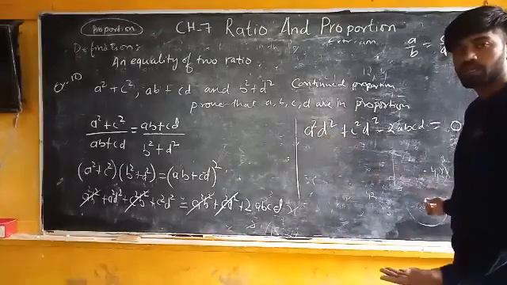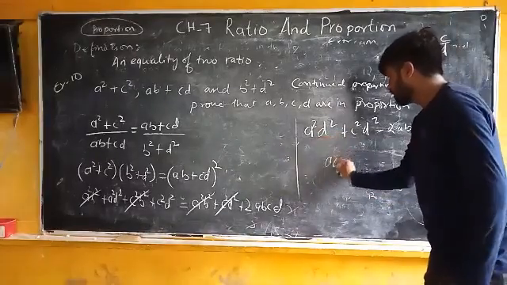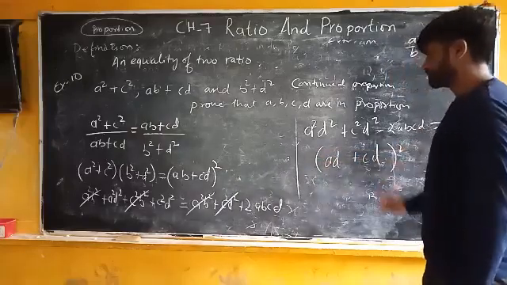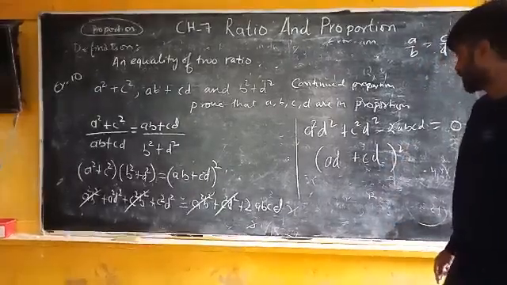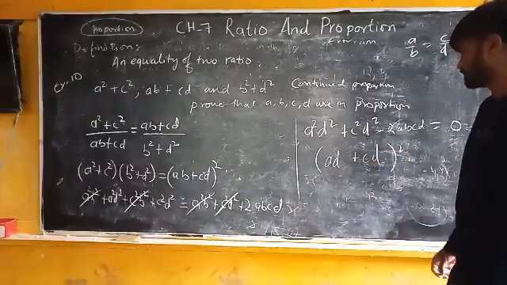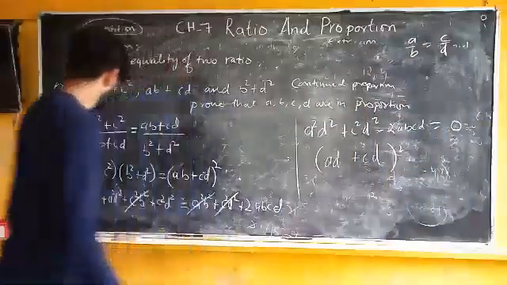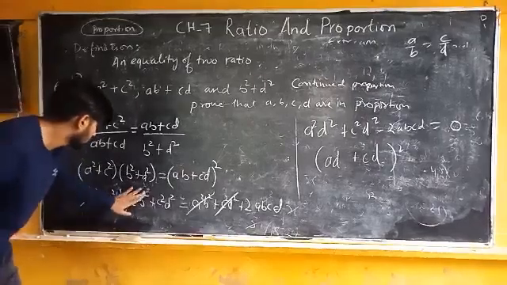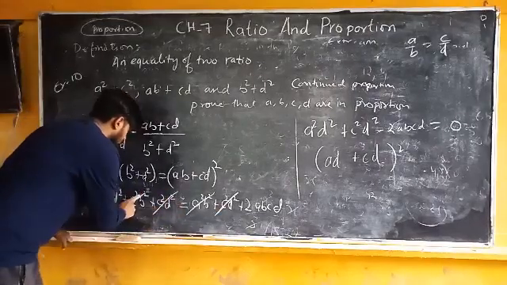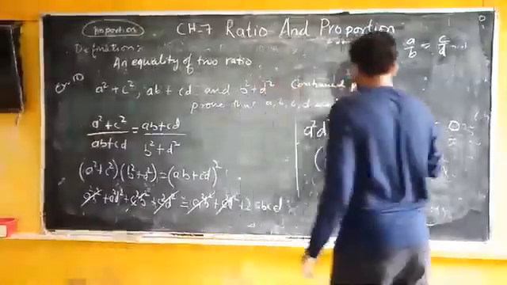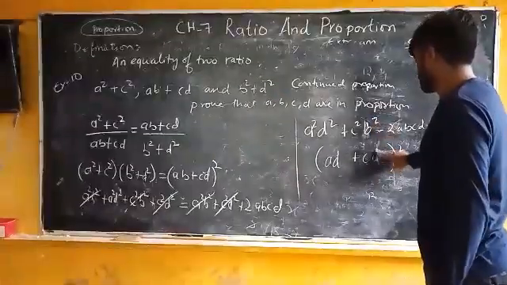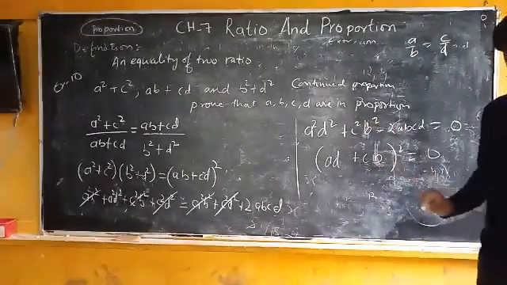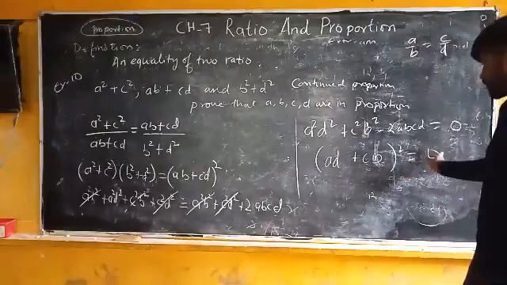Now this is a formula of something, right? This is the formula of AD minus BC whole square. Is that okay? So this is a formula of this. Okay. AB plus CD got cancelled. This and this got cancelled. This was still there, CD. This will be B square. Okay. So equals to 0. This is a formula for this. Okay. And then the square goes on that side, becomes square root.